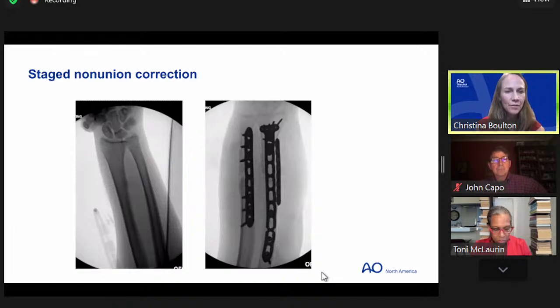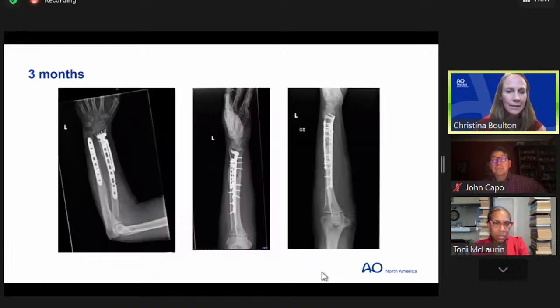So, contralateral views in the operating room. And then, as a couple of people have also said, I just did a shortening. So I shortened the radius. I got as much bow back as I could, and did a compression plate across the radius. And then I shortened the ulna about 1.5 centimeters so that he wasn't so ulnar positive anymore. So he does have a shortened forearm, but he has a forearm that's mostly healed and that is not painful.